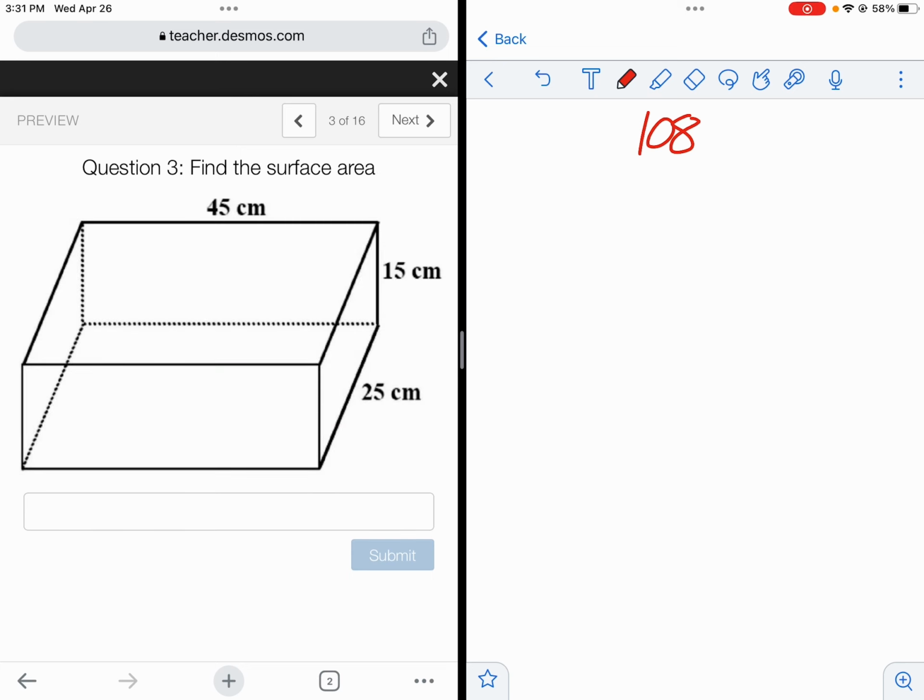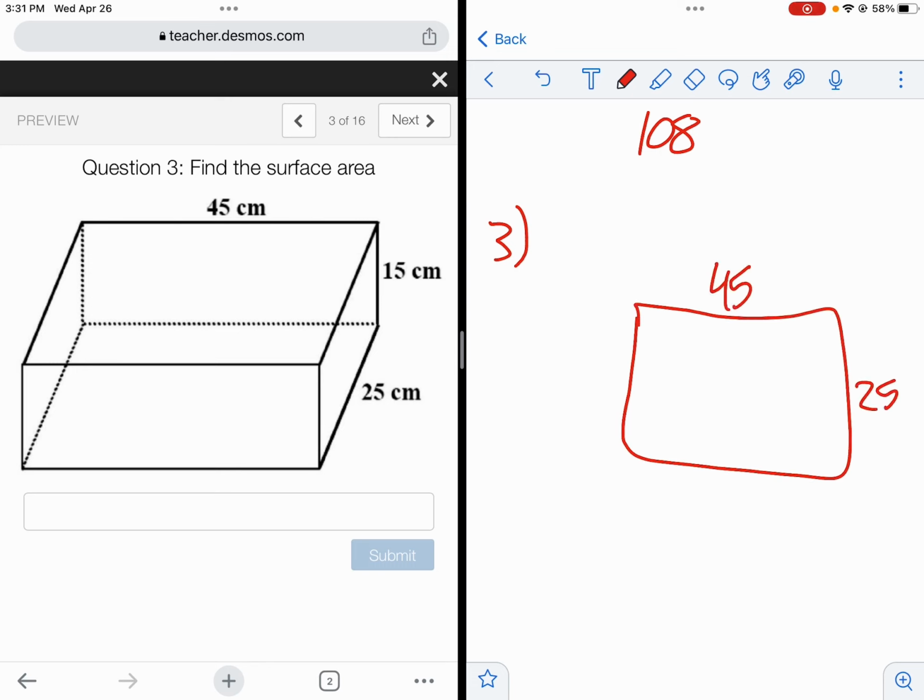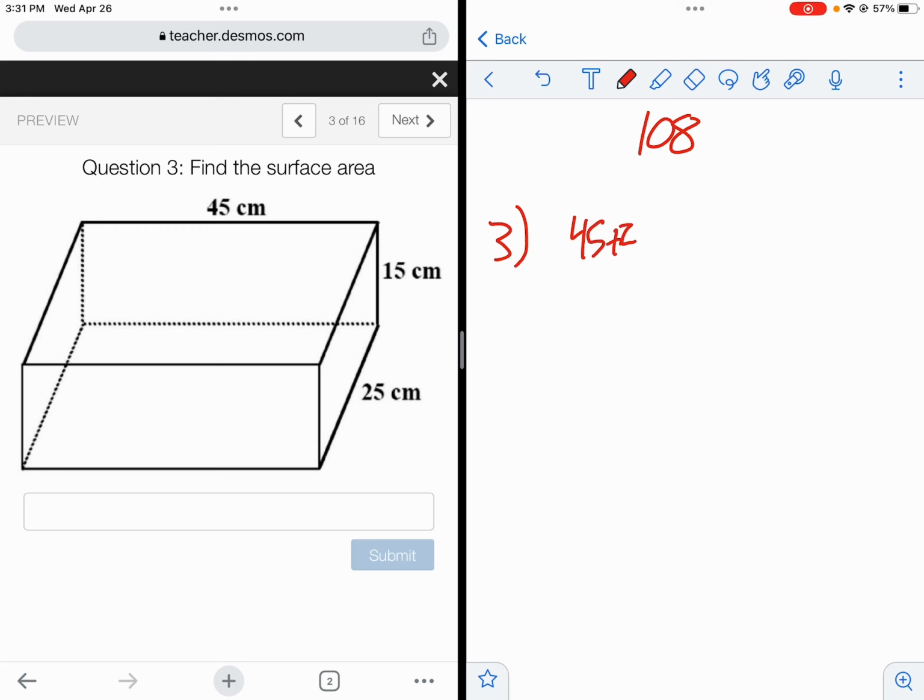Number 3, I have to find the surface area of this prism again. This time it's a rectangular prism. This is your base right here. I can't draw on it, I guess. Your base is that bottom rectangle that's 45 by 25, okay? That is your base. So, again, pH, so that'd be perimeter would be 45 plus 45 plus 25 plus 25,